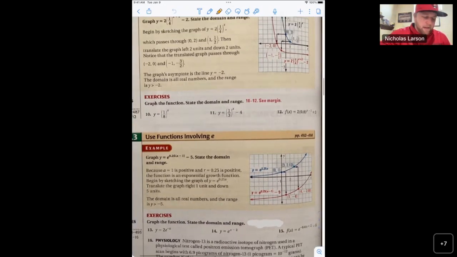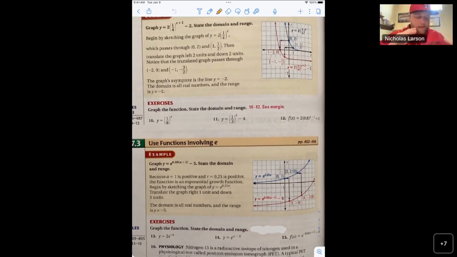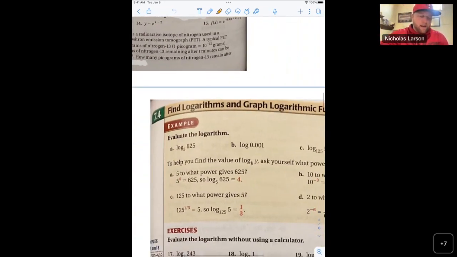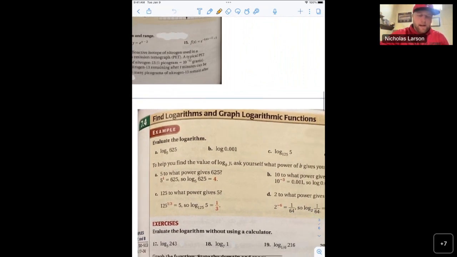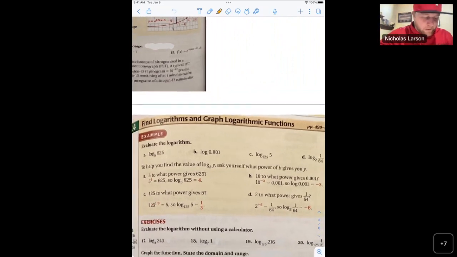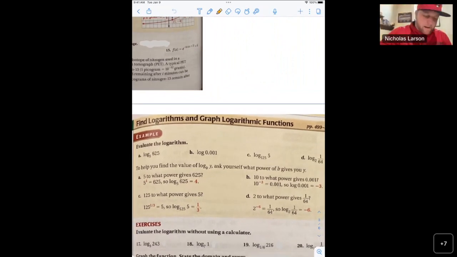But again, the rules work the same when you shift the graphs. They're all very similar. It's just about finding that initial difference from the parent graph and then applying it to the parent graph.